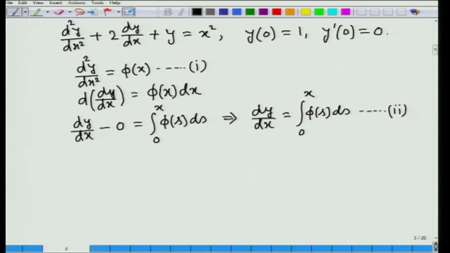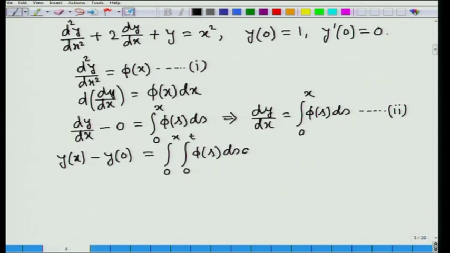Again, if we integrate this result after transferring dx onto the right and again from the limit 0 to x, then we can find y(x) minus y(0), this is equal to, now here the range of integration is going to be x. So, we change this limit to t and we get integral 0 to x, integral 0 to t, phi(s) ds dt, and this y(0) is equal to 1. So, this implies y(x) is equal to 1 plus integral 0 to x, integral 0 to t phi(s)